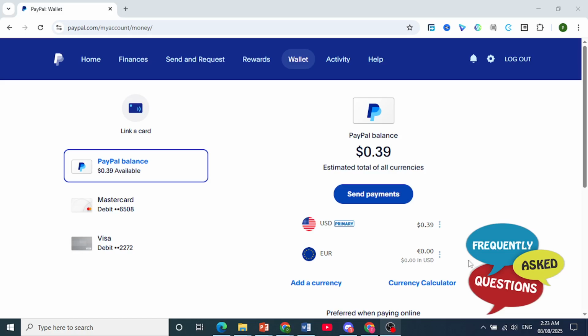Hey guys, in this video we're going to go over how to enable screenshot on PayPal. Now, first of all, on the app, you cannot do screenshots because of your phone security feature. This is not because of PayPal, but what you can do is come to your browser, log into